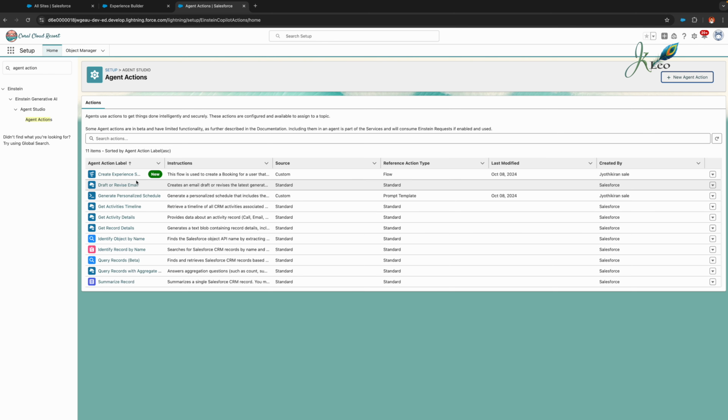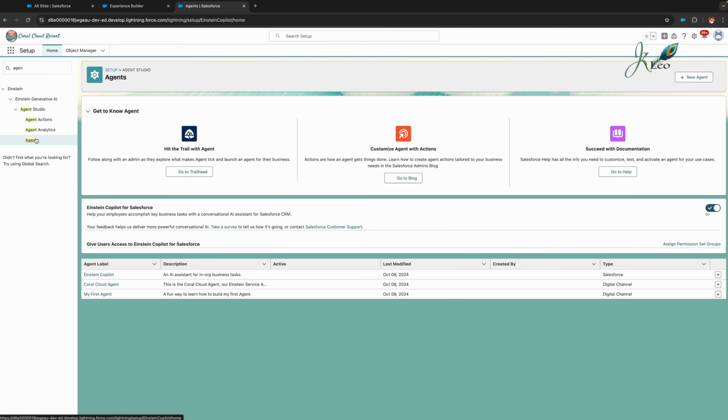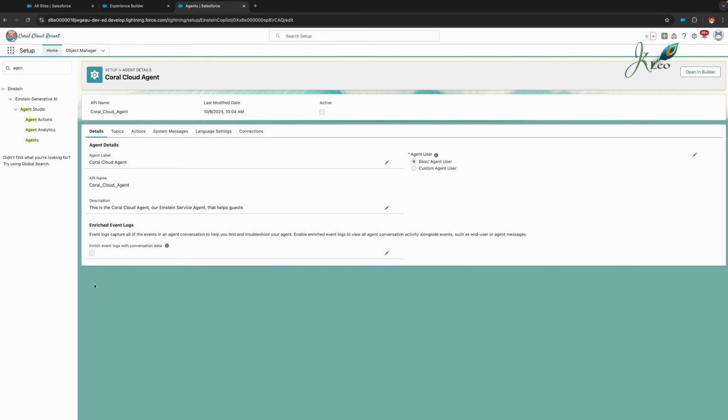Now let's talk about assigning the custom action to the agent. Put all the pieces together and add the custom action to the Agentforce service agent. In the setup quick find, search for agents and select Coral Cloud agent here, and click on open in builder, and click the experience management topic